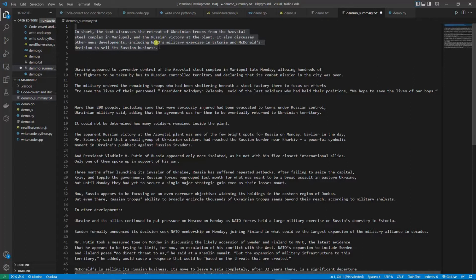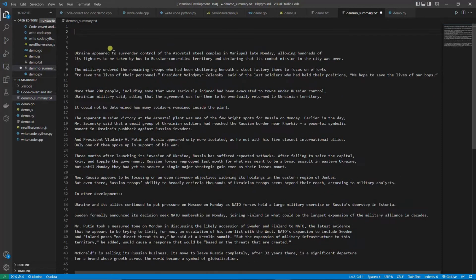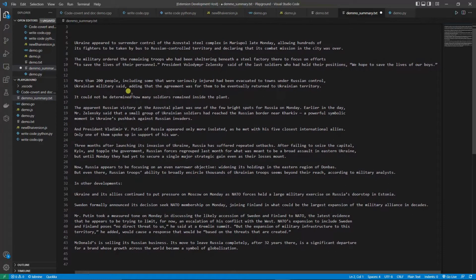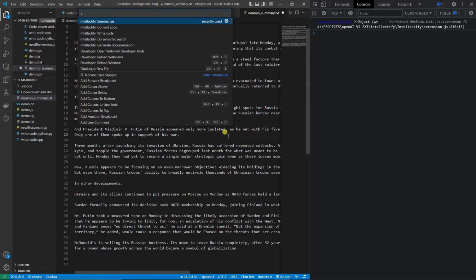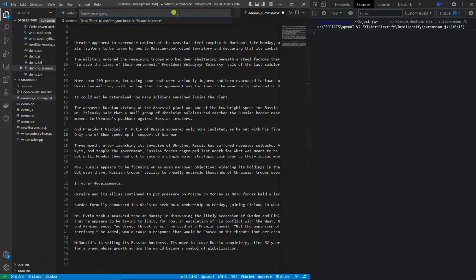For example, if you want to search in the same article, all you have to do is, again from the command palette, select the option Intellectify semantic search. Then this input box will appear in which you can write any query which you want to search. Like if I want to search when Russia reunited its forces to attack Ukraine,